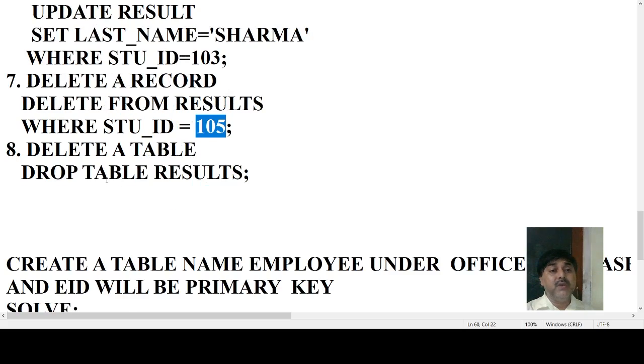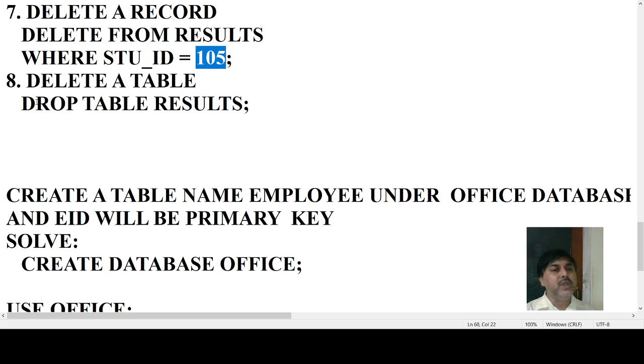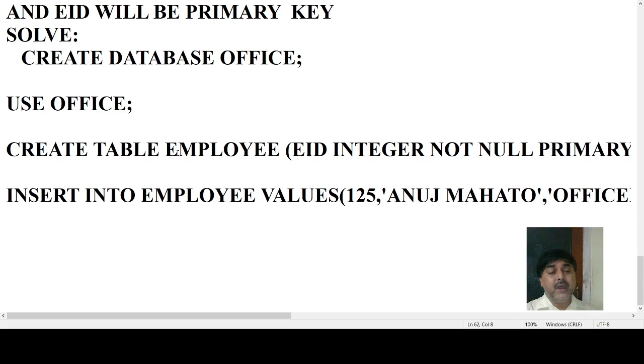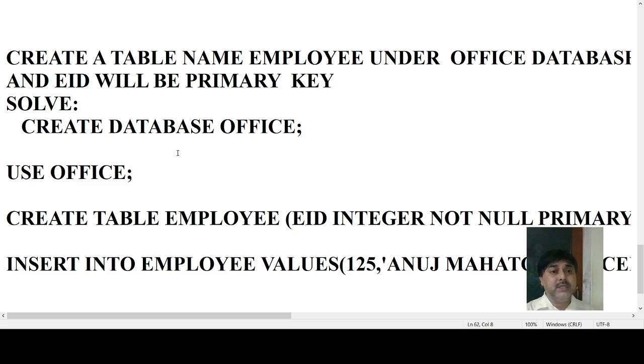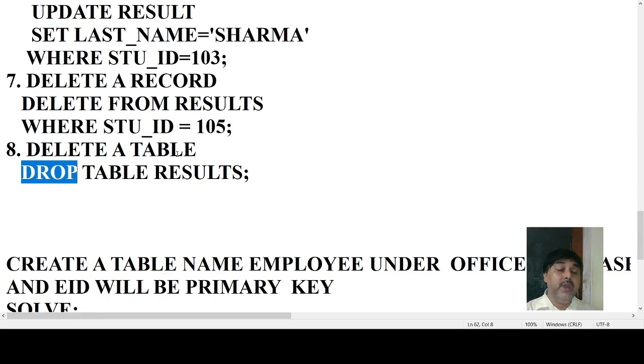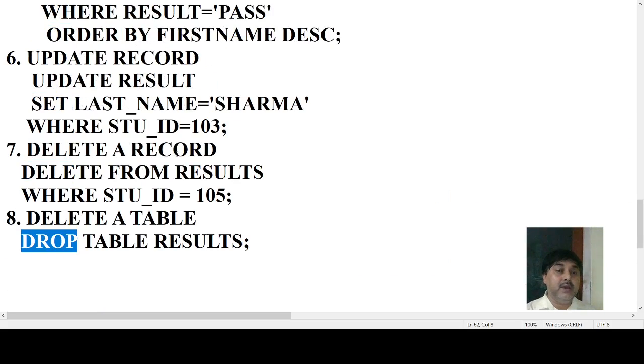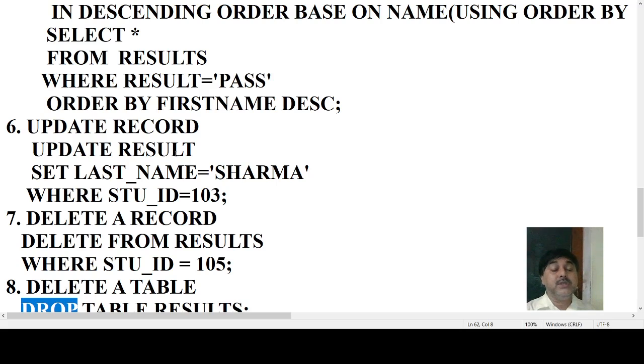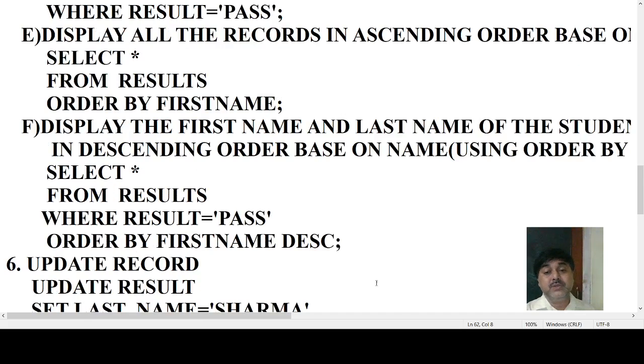Then if you want to delete a complete table, the drop command is used to delete a table and the database. So drop table result. So this is what we can find, that we have all these things: the order by clause, the where clause, isn't it? Then we are using a condition, we are using ascending order, descending order. Fine. So all these things we are using, and we are making this particular thing implementable.